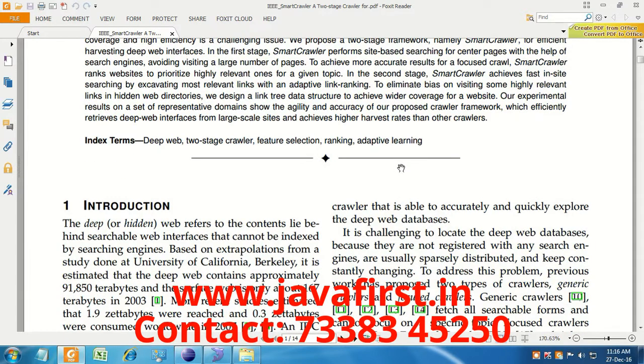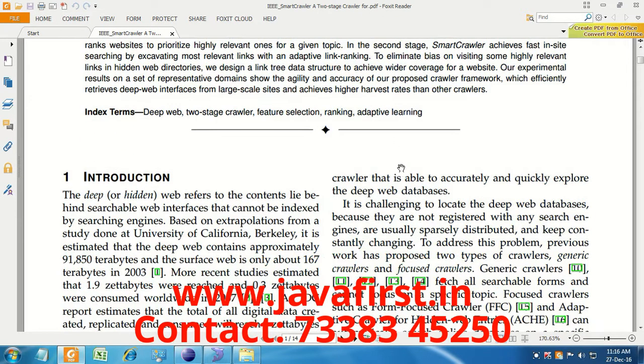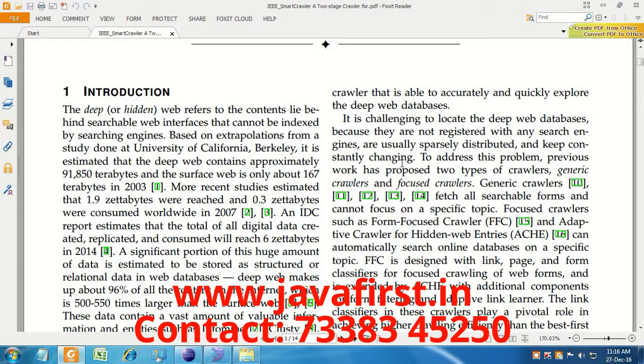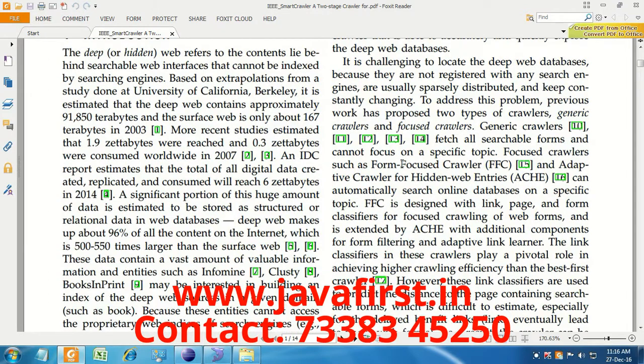Due to the large volume of text-based data resources and the dynamic nature of data in the web, achieving wide coverage and higher efficiency is a search engine issue. To overcome this, we propose a two-stage framework, that is Smart Crawler.